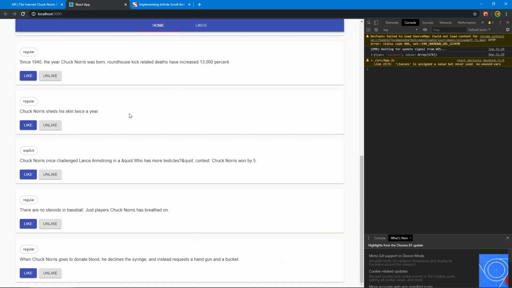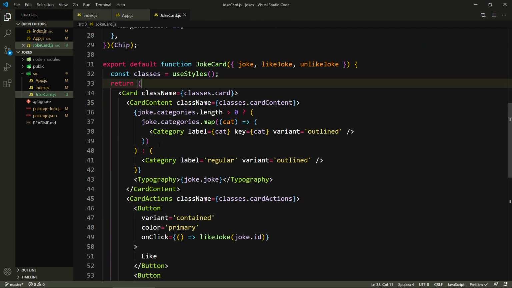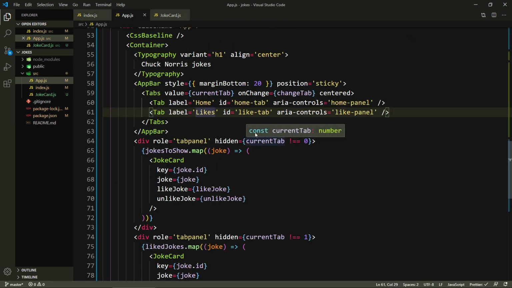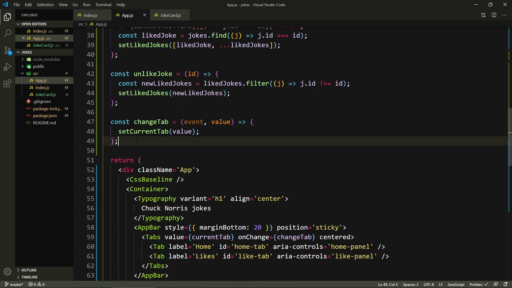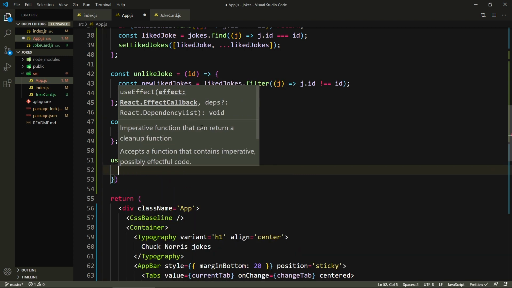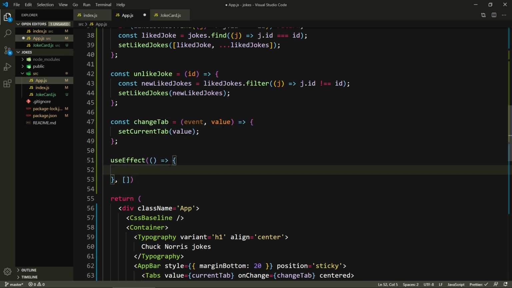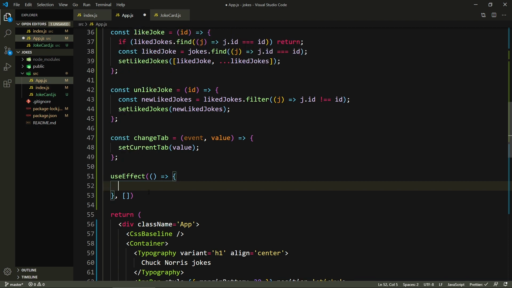All right, so let's go to our app. What we need to do is track basically this card here, and as we scroll down, we need to detect whether we've passed it or not. So as we come here, we need to actually trigger something. Let me show you how it works. So in the app.js, let's go here at the bottom, under change tab. I'm going to use useEffect, and let's pass an empty array here, so it only executes once. Or actually, I need it to execute